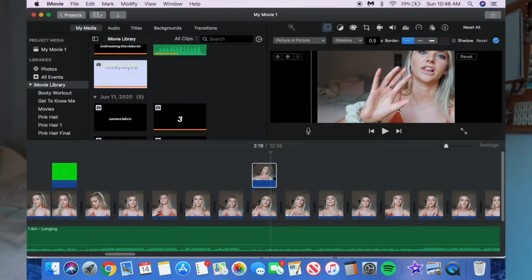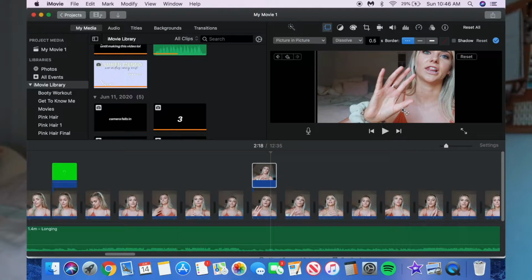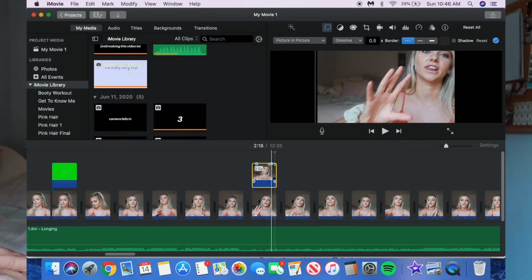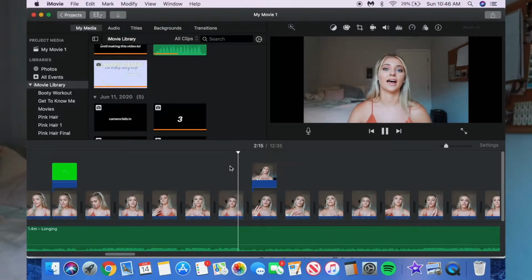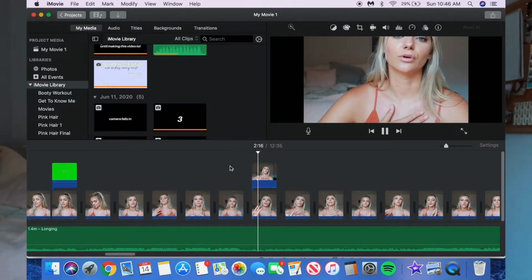And then afterwards, just make sure you don't have like a fade in or dissolve effect, and you can just drag those 2 little circles outwards, or you can go up to the top and instead of it being 0.5, just highlight it and set it to 0. And this was not the best example because my hand wasn't moving that much, but you can kind of see how the camera moves with the hand, you know what I mean? But yeah, there's definitely a lot more steps to that one, but I think it's a lot cooler and it makes you look like you know what you're doing with your editing.